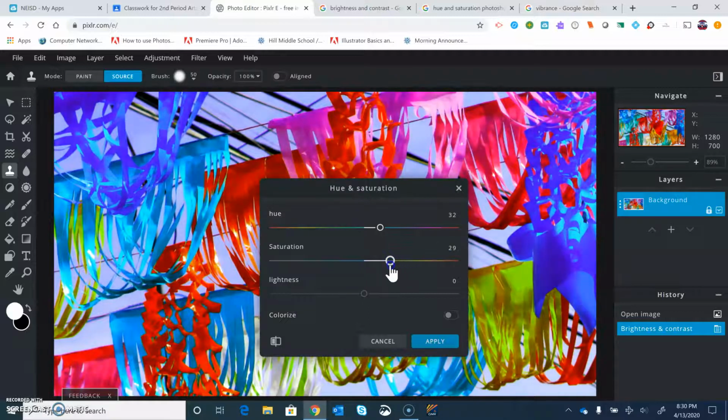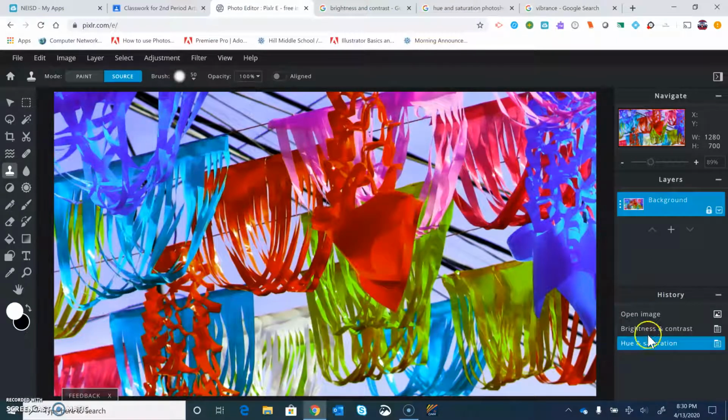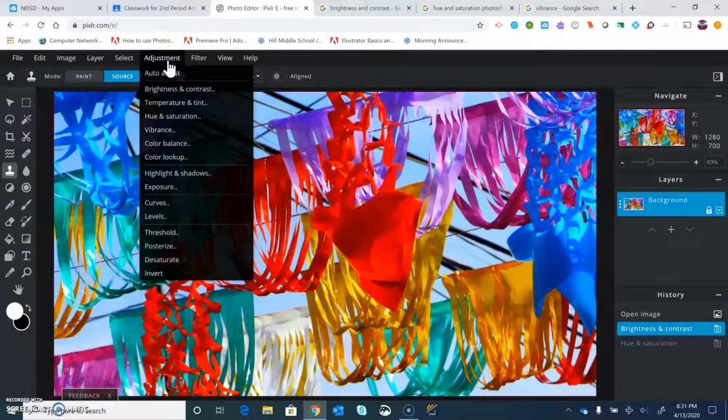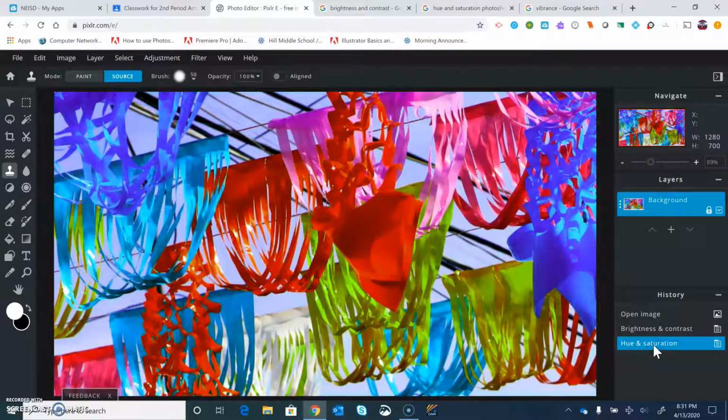So I'm going to put it right about there. Let's see how that looks applied. Okay, and you can compare it to what you did before and what you did after. And again, if you don't like that, you just go back to that step and redo the adjustment for the hue and saturation. But for the sake of time, I'm going to go ahead and move to our last one,